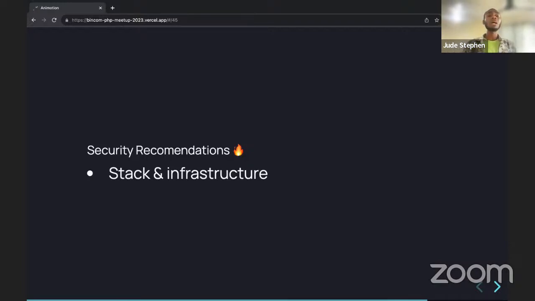The same thing, we are no longer using PHP 8.1. We are now on PHP 8.2. Our application supports PHP 8.2. I know PHP 8.3 looks like it's still new, still something shiny, but it's still safer, because any vulnerability that comes up on it is instantly fixed since it's actively still being maintained. Laravel 8 is no longer being maintained. PHP 7.3 is no longer being maintained. Move away from this stack and infrastructure. Keep your applications always up to date. So that's that about stack and infrastructure.